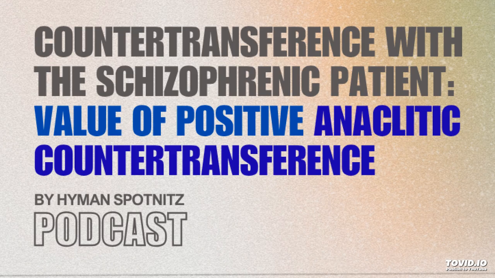But here's the key thing. Spotnitz is emphatic that during this phase, the analyst cannot rely on emotional empathy alone. Wait, what? Cannot rely on empathy? It sounds counterintuitive, I know. Relying on empathy too soon, offering comfort immediately, would actually interrupt the necessary aggressive release. So the analyst has to temporarily suspend that natural human impulse to comfort or empathize. How on earth does that work in practice? That sounds hard. It is incredibly hard.